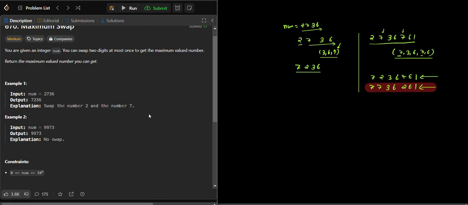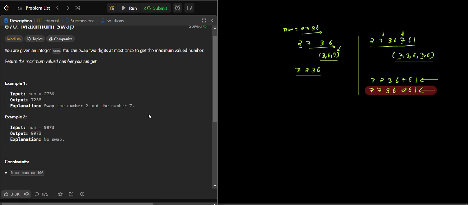So that means there is another conclusion. We will choose the maximum digit, and we will choose the last occurrence of the maximum digit. We will not choose the first digit or second digit; we will choose the last digit which gives you the maximum one. Here 7 will give the maximum one. We will choose the last index of the maximum digit. Now this is fine, right?